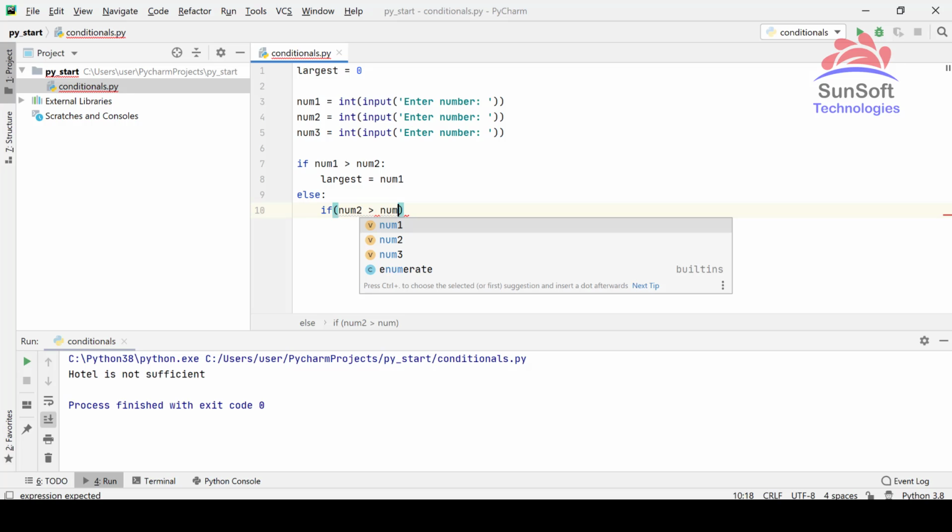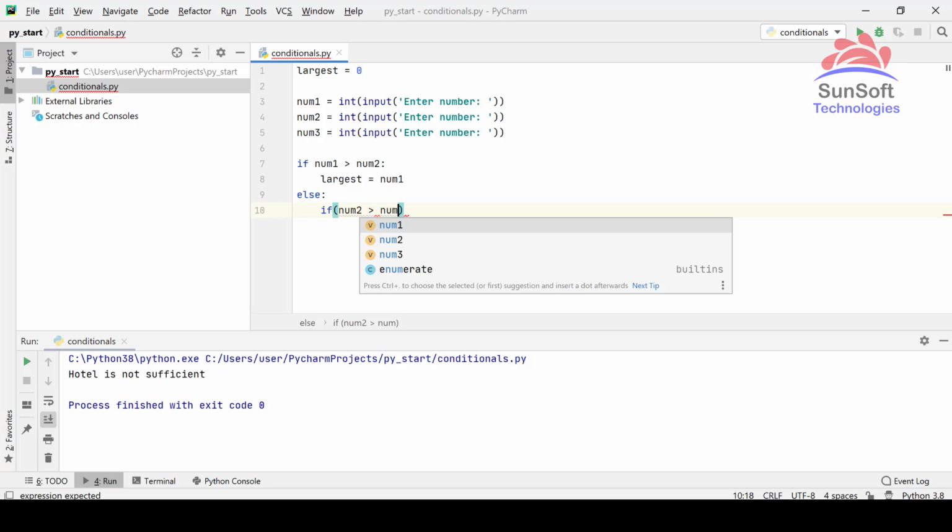So from the first condition we got that num1 is greater than num2. So in that case num1 is not greater than num2. So else I want to check if num2, because if it went to the else, I know that num2 is greater than num1, otherwise largest is num1 only.